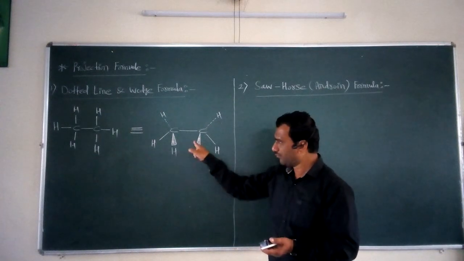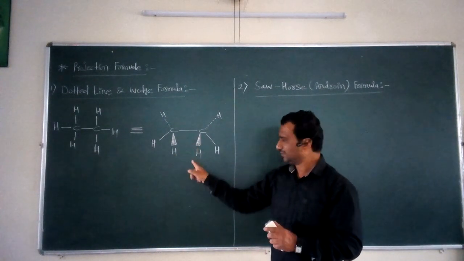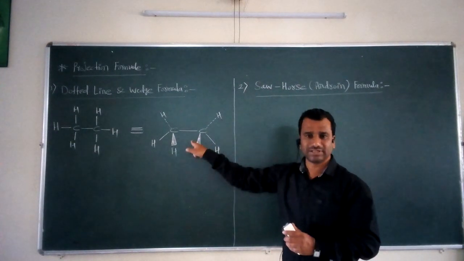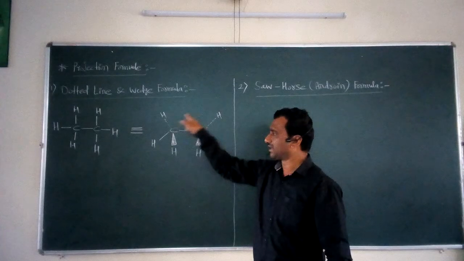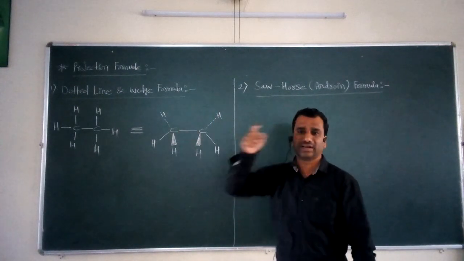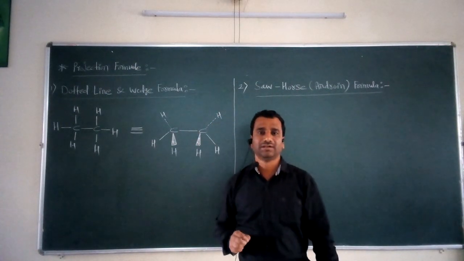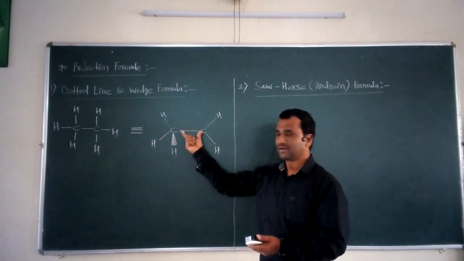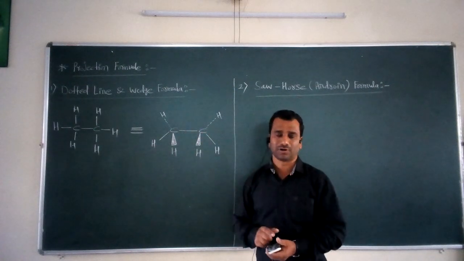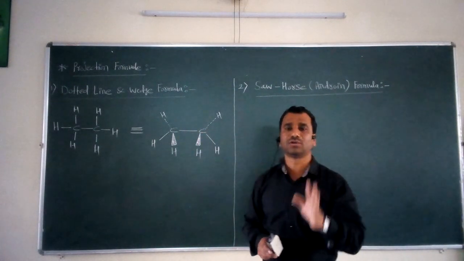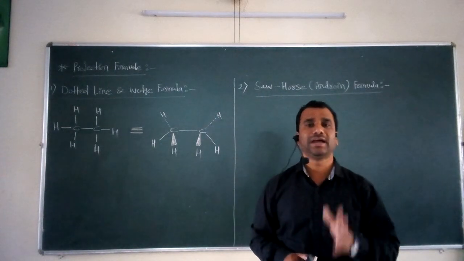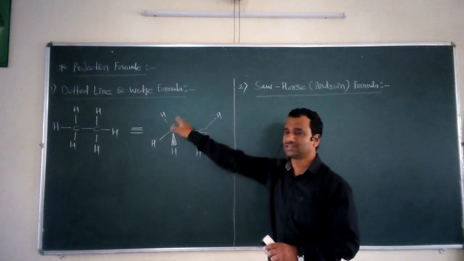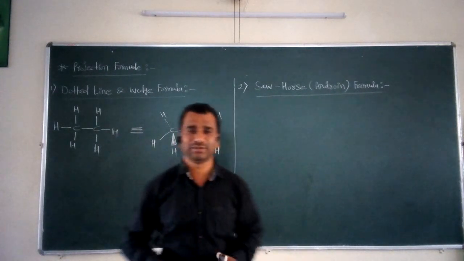Secondly, these two wedge lines indicate that these two hydrogens are present above the plane of this given carbon single bond carbon, while the remaining two hydrogen atoms are indicated by the dotted line, and these dotted lines are useful to represent the hydrogen atoms which are present below the plane of the carbon single bond. So, these 3 types of lines are useful to represent a molecule under the dotted line and wedge formula. The first is called a regular line, the second a wedge line, and the third the dotted line. So, this is the first simple example, the ethane molecule.